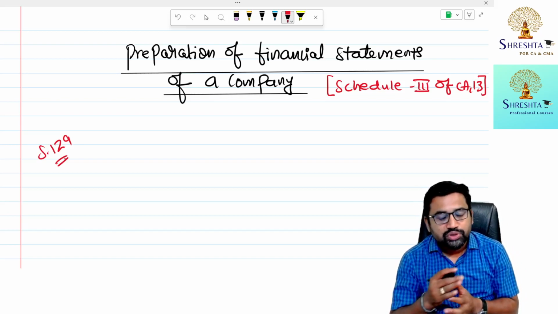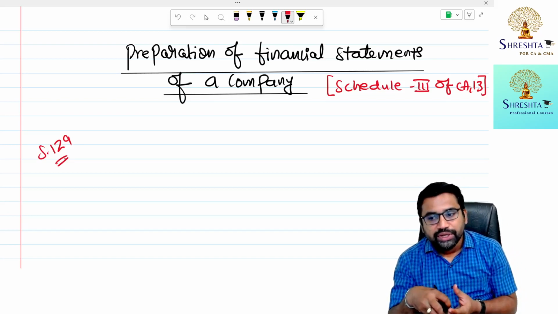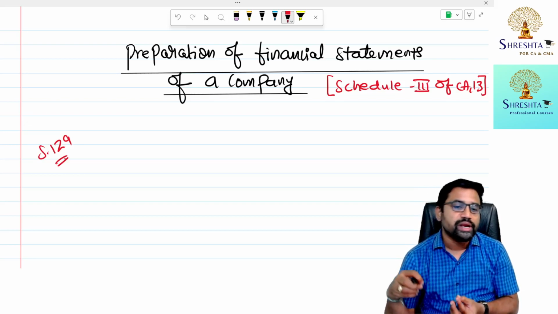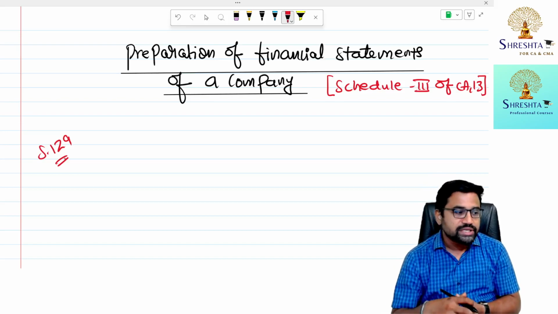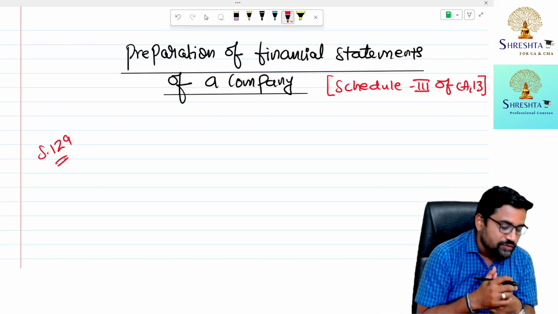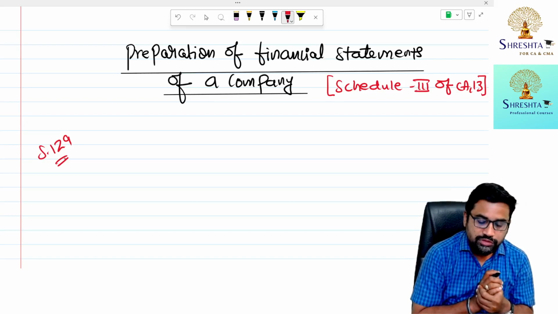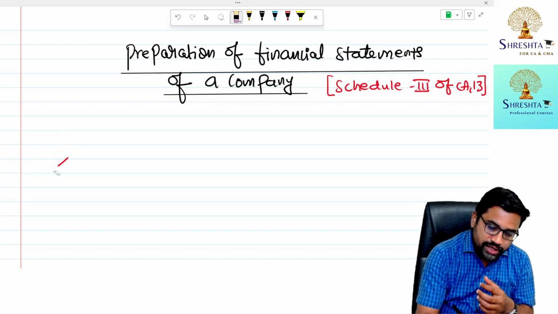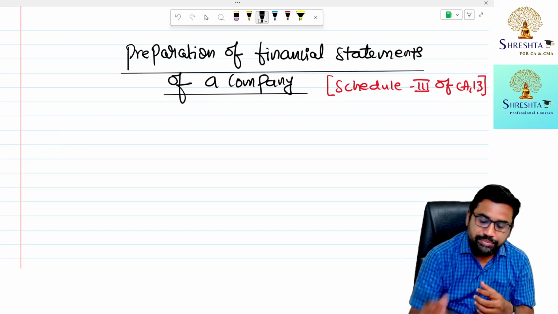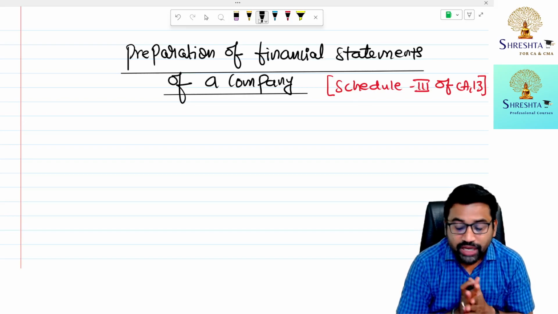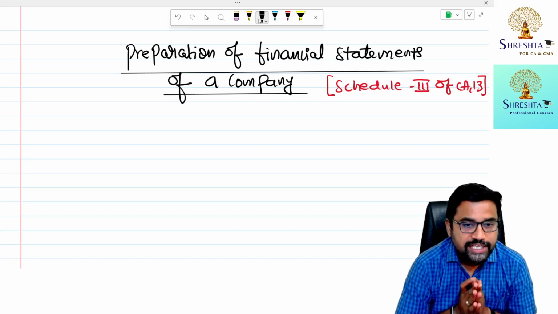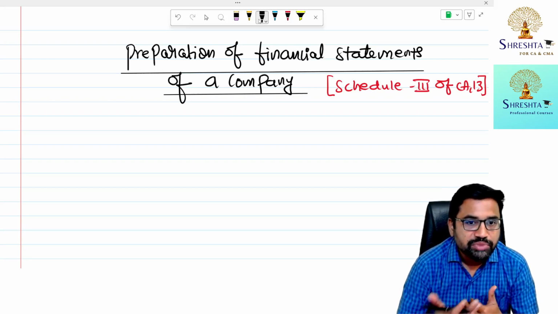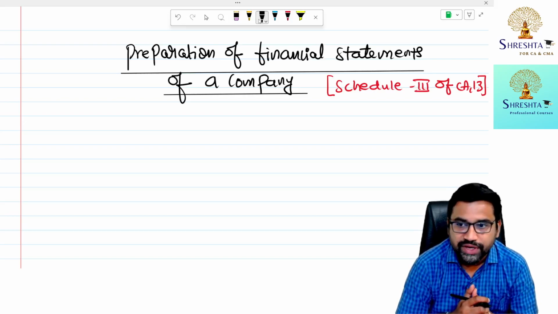So, maintenance of books of accounts. Every company every year has to maintain proper books of accounts, proper documents and financial statements which will give a true and fair view of the state of affairs of the organization. So this point we covered already. Again, we are going to discuss it in this chapter now. And also in chapter number 1, we discussed what financial statements are. As per Section 2 clause 40 of the Companies Act 2013, financial statements include the following: